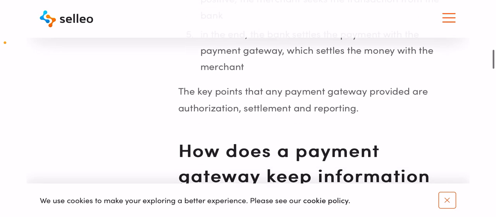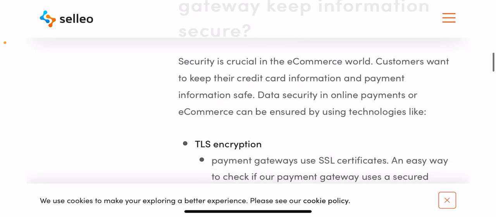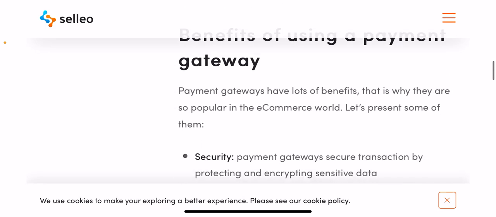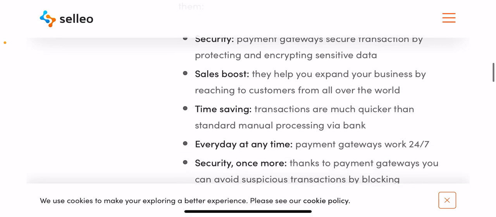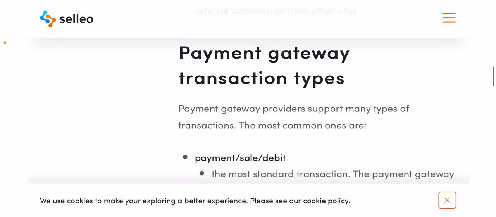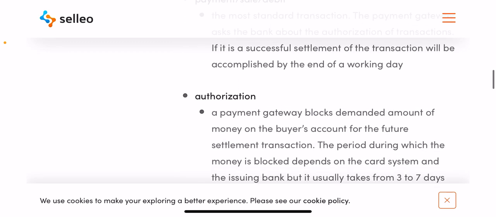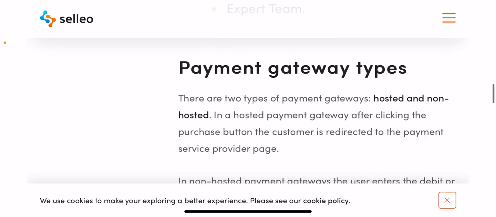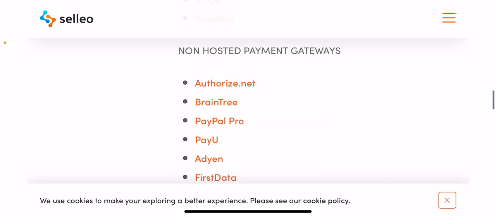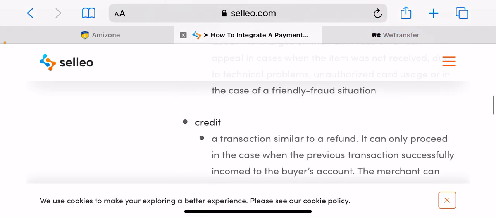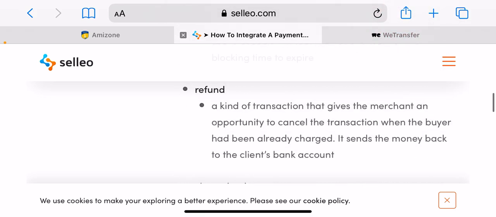So, here's the basic flow of the transaction. A customer finishes an order by clicking a submit button or its equivalent. The customer is redirected to a payment gateway, allowing him to choose a payment method through credit card or to be redirected to a bank website. The transaction is transferred to the issuing bank or another page like 3D Secure to authenticate the transaction.